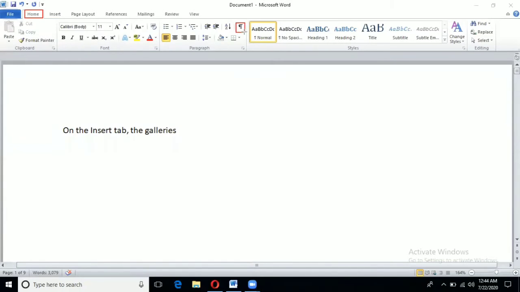That comes under the Paragraph group. You can see this Paragraph group. In this one is our Show or Hide. When you click on this option, you can see where we have used page break. You can see here, page break.